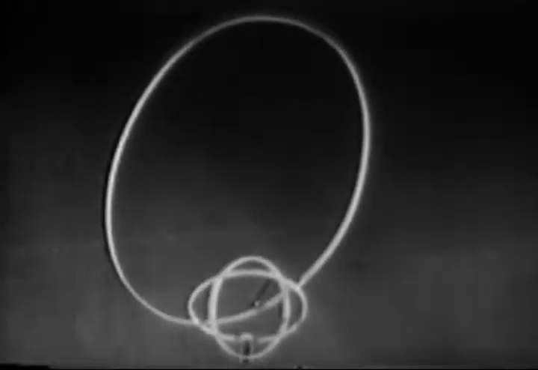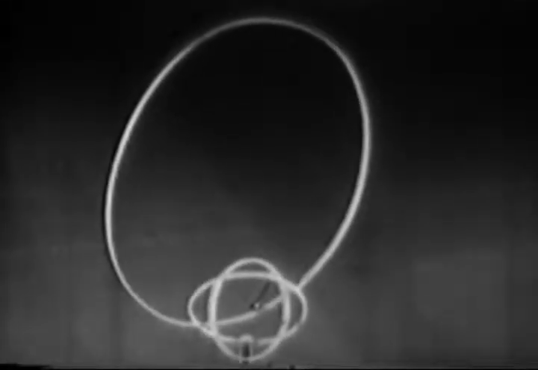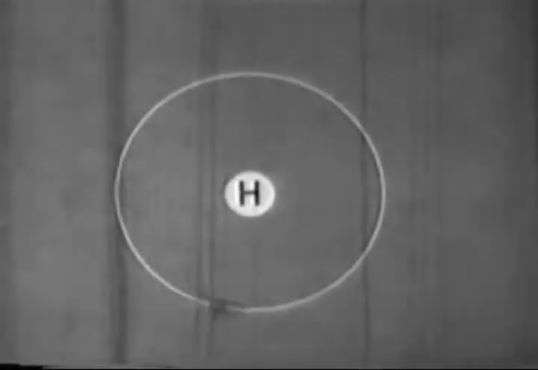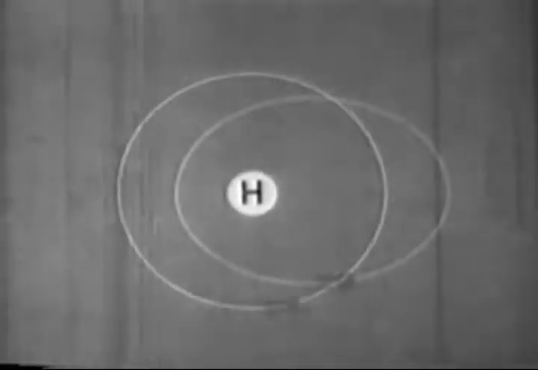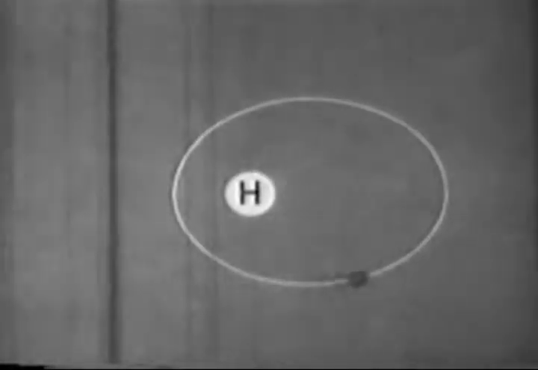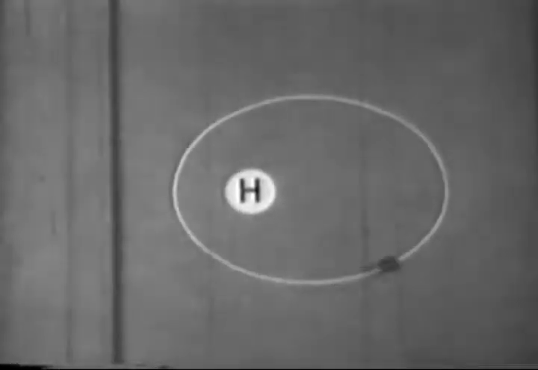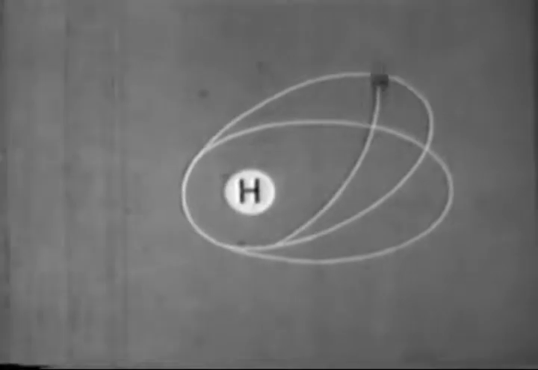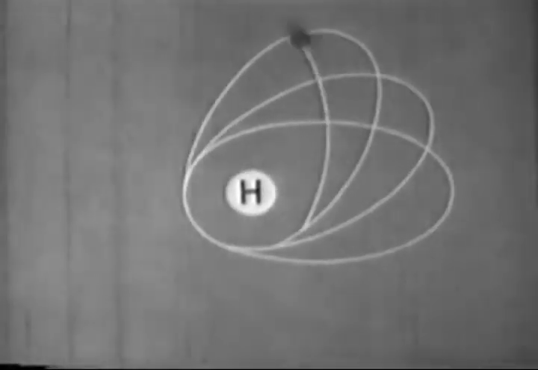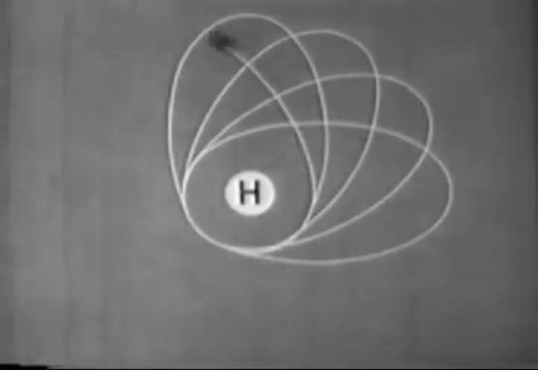This is the atom of lithium, one of the lighter elements. And this the simplest atom of all, hydrogen, with one electron revolving round the nucleus. They first worked out possible orbits for the single electron of the hydrogen atom. They varied from circles to various ellipses. The conception became more difficult when it was realized that these elliptical orbits themselves rotated, something like this.